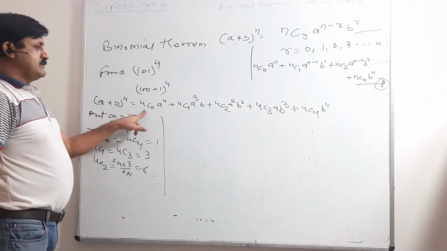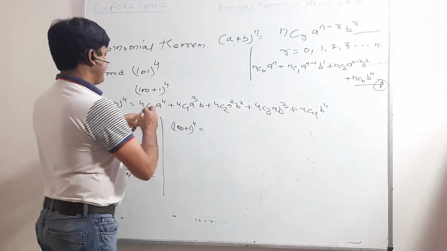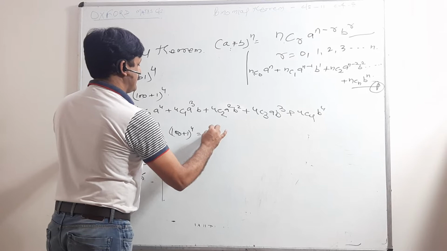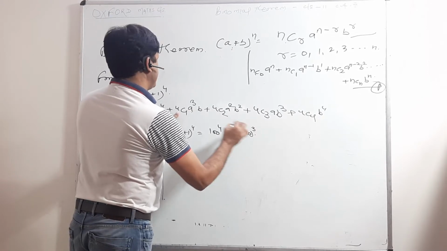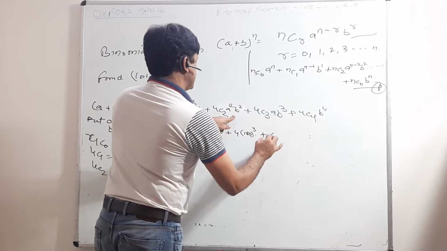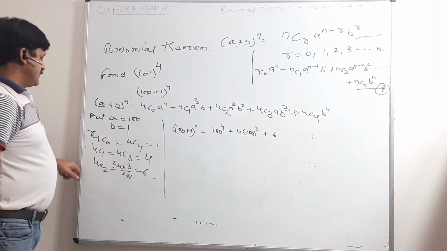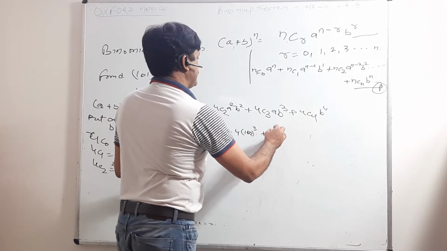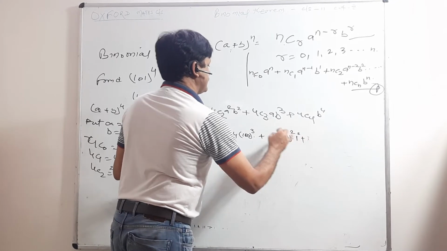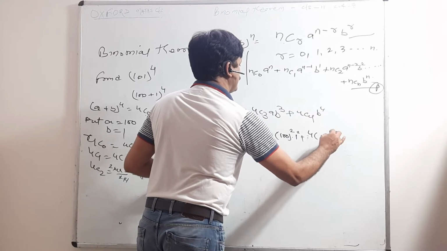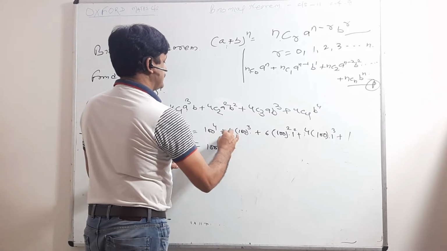Put these values in this. 100 plus 1 whole power 4 is equal to 4C0, that is 1, a power 4, that means 100 power 4, 4C1 that is 4, a cube means 100 power 3 and b is equal to 1, plus 4C2 that is 6, a square means 100 square into 1 square, plus 400 into 1 cube plus 1, plus 4 into